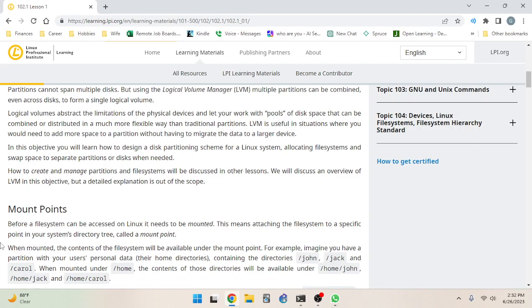Logical volumes abstract the limitations of the physical devices and let... so there's the R that was missing before, they put it onto this instance of YOU,